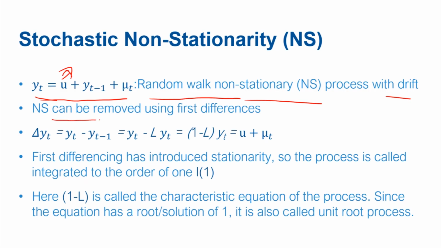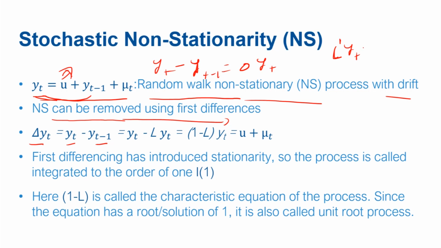The easiest way to remove this kind of non-stationarity is through taking first differences. What do we mean by this? So we have this yt process. If I take this yt minus 1 on the LHS, we are left with what we call the first difference, which is yt minus yt minus 1, which can be written as delta yt. So delta yt is yt minus yt minus 1, which is also called first difference. And you recall, we also said that the lag operator on yt, which is L to the power 1 of yt, is nothing but yt minus 1. So in lag notation, or we can make it into the polynomial form if you recall, 1 minus L yt equals mu plus mu t.